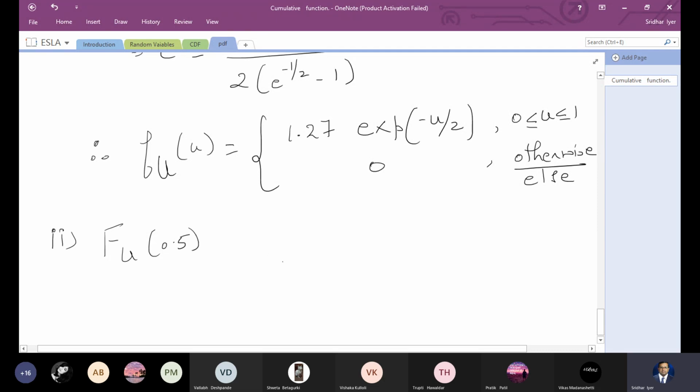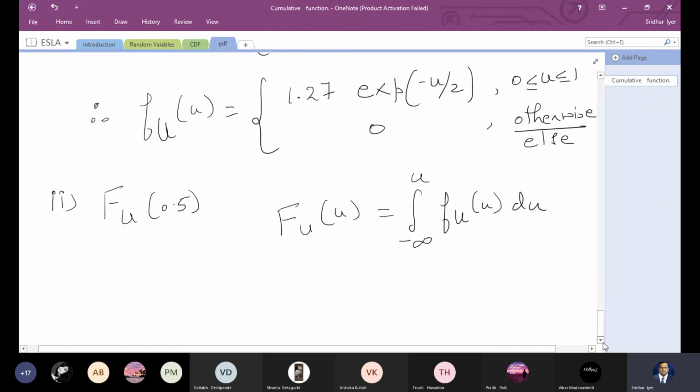And we know from the property that CDF fu of u is nothing but integral minus infinity to u fu of u du. Right? So this is the property how we can find the CDF given the PDF. But what is to be noted here is that the lower limit is negative infinity because that's where we are starting the experiment. However, the higher value is some u. It is not plus infinity, right? But in the problem, in the numerical, we are given this value of u as 0.5.